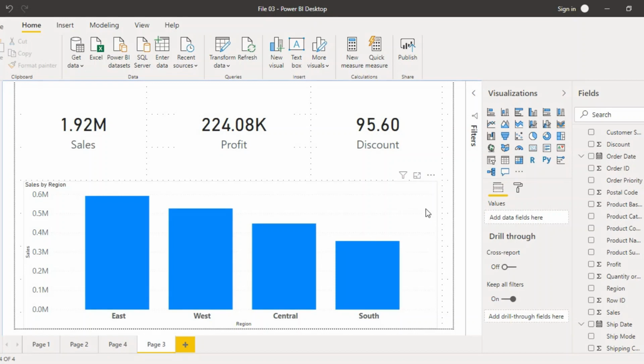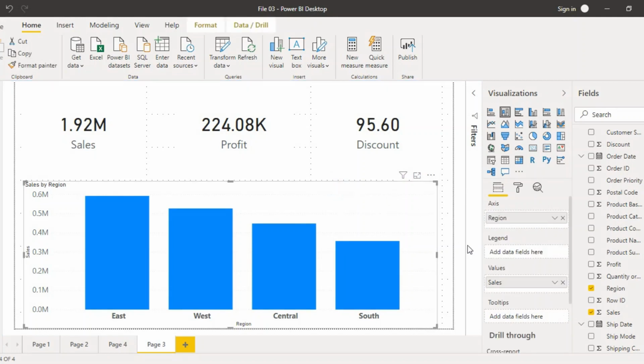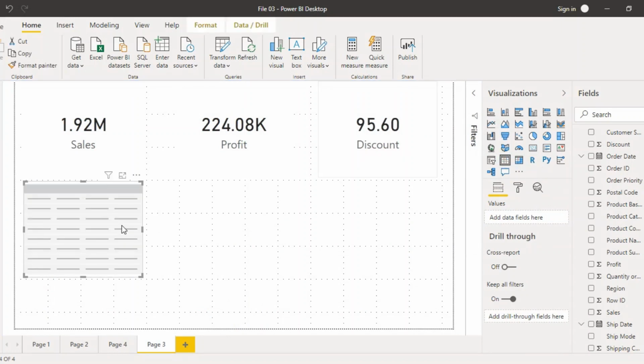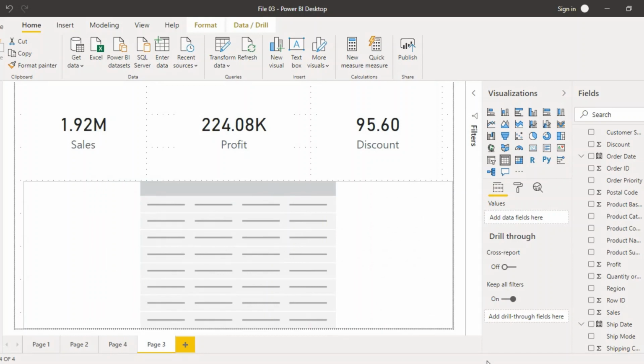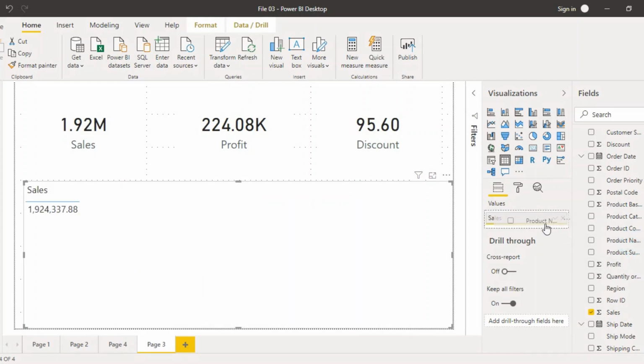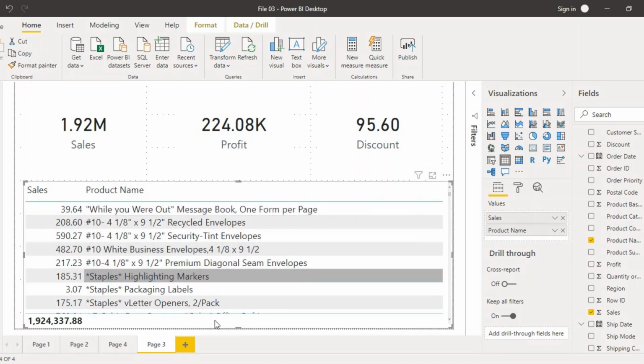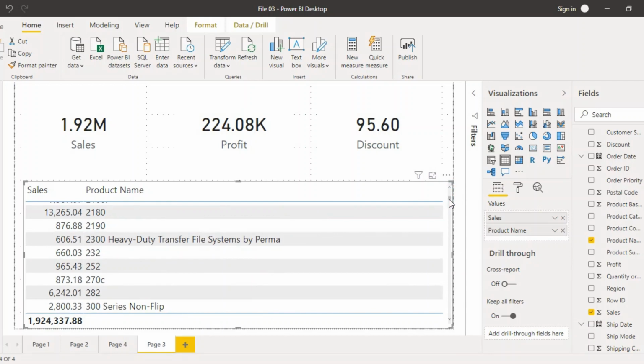Now this was how the cards are linked with a visualization that is known as a chart. We can create other visualizations as well. For that, what we are going to do is simply delete this chart and bring out a table. So this is our table, and let us drag some of the fields into the values. We want sales of course, and these sales we want to be associated with the product name. Then it may take a second or two, and then you can see that these are the sales classified by the product name.